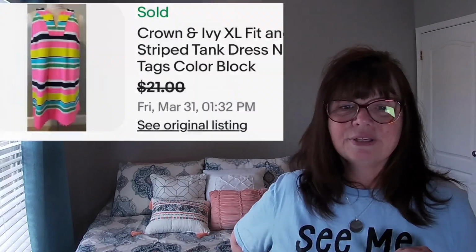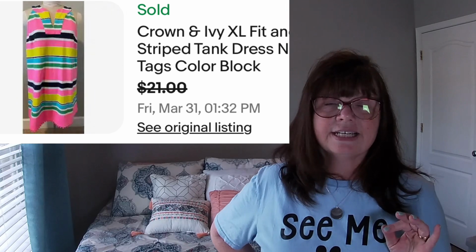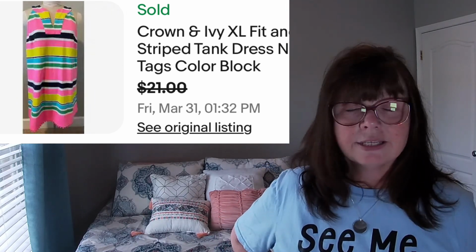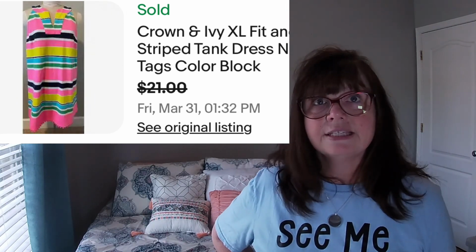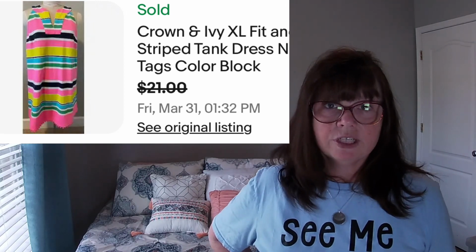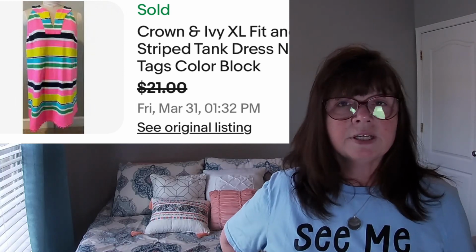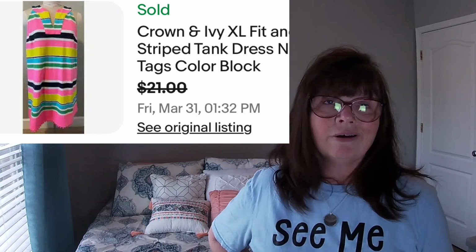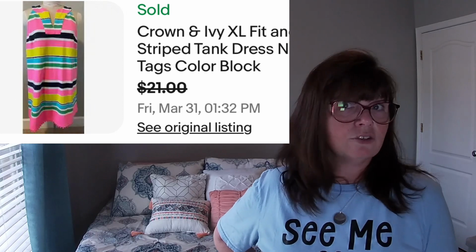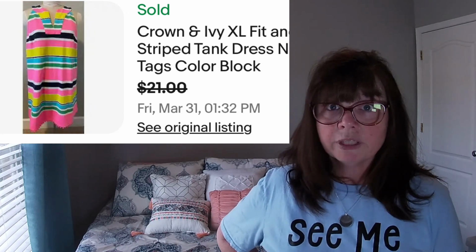Next up is this new with tags Crown and Ivy fit and flare tank dress. It is in a size extra large. Like I said, it was new with tags. This was at a yard sale that I went to in the very beginning of yard selling season. It was probably like March, and I stumbled upon this one. It wasn't any of the yard sales that were on Facebook Marketplace or that you saw on Craigslist. So I just took a chance and followed the signs, and I was so glad that I did,